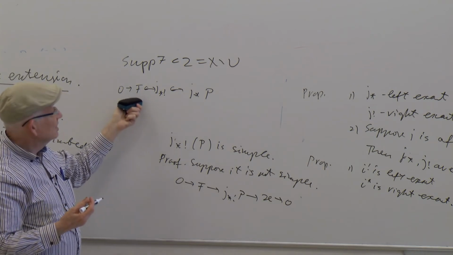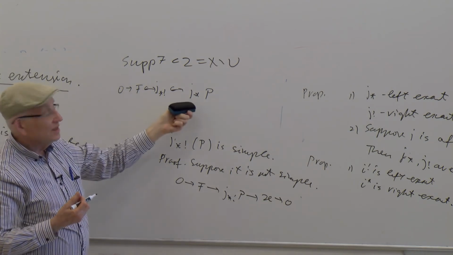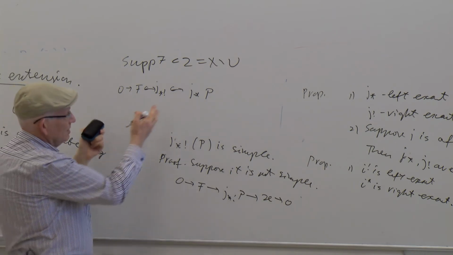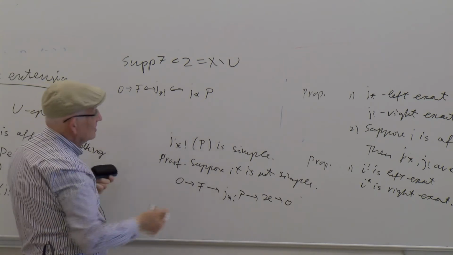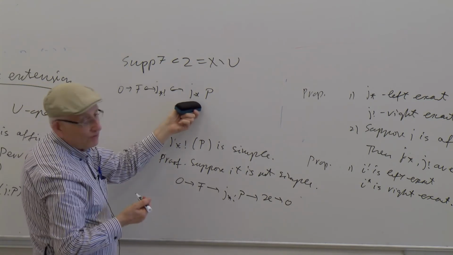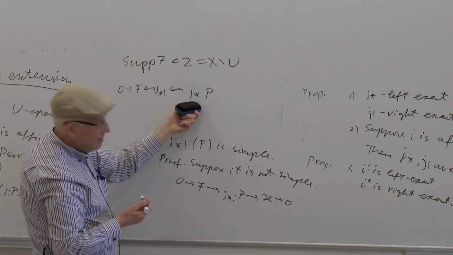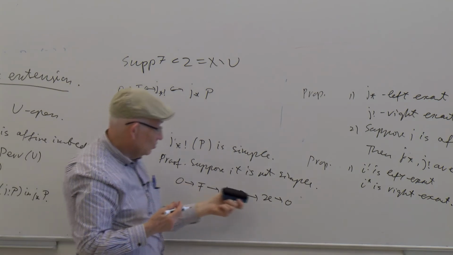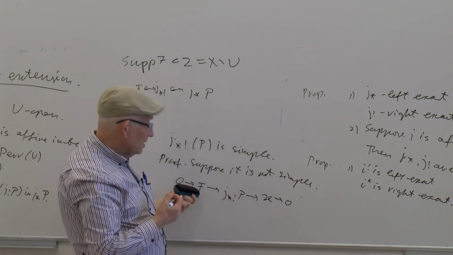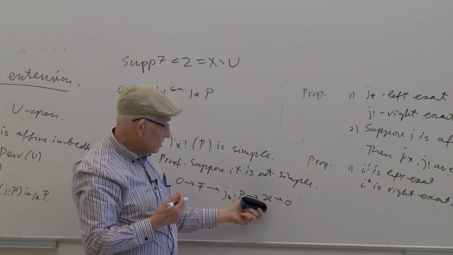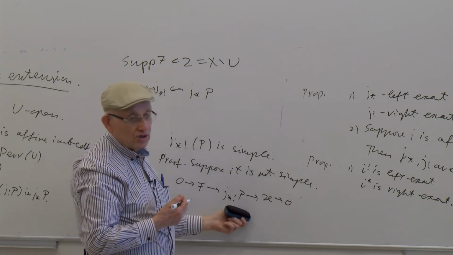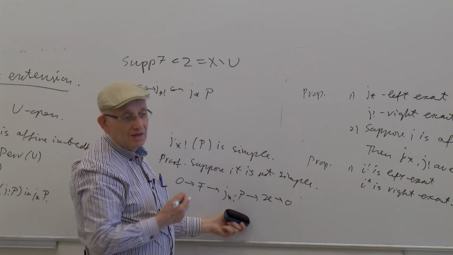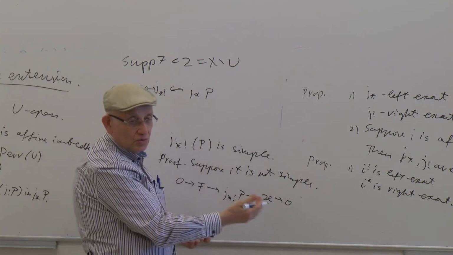So if the support of F lies outside of U, just by adjunction, any morphism from F here is equal to 0. Similarly, if the support of H lies in Z, then you use the fact that this is a quotient of j_! of P. And then the same consideration shows that it's